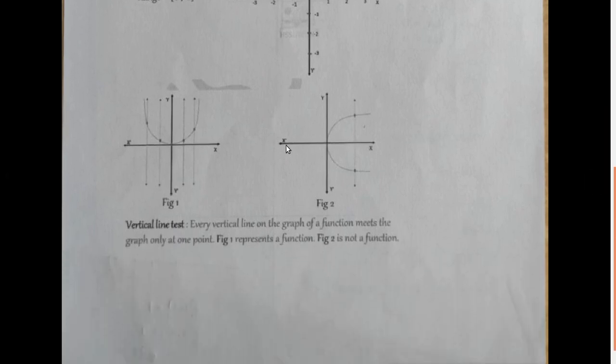Then for this question, suppose a capital U, English capital U. Is this a function? Yes, because you draw a vertical line and the vertical line cuts only one point. Therefore this is a function. This capital U graph is a function. Whereas this graph is not a function, because when you draw a vertical line, it cuts more than one point. Therefore this is not a function.